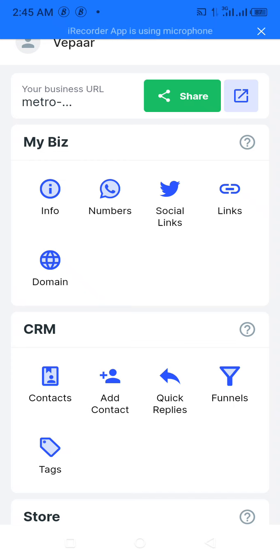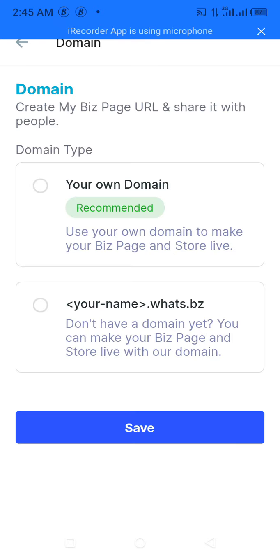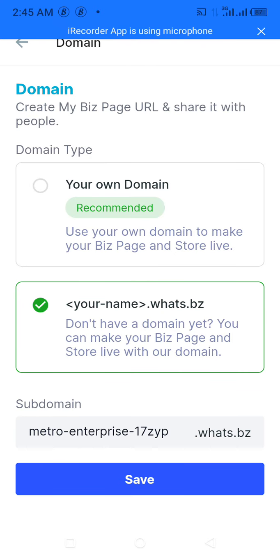We can only do that by clicking on domain, which is found on the My Biz tab. So I'm going to click on domain and look at it. Your name was .biz. You can see your subdomain. Look at the subdomain here. This shows you